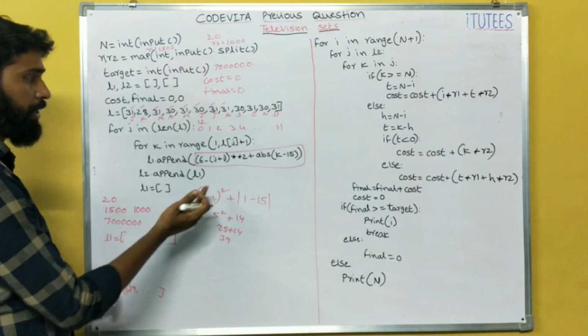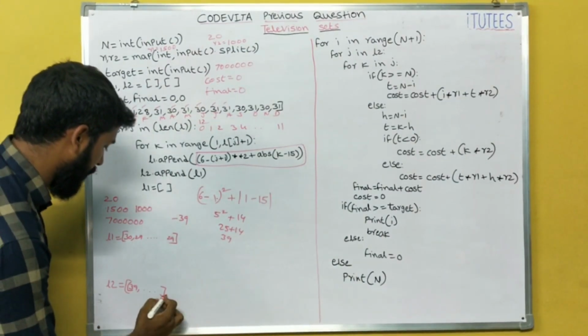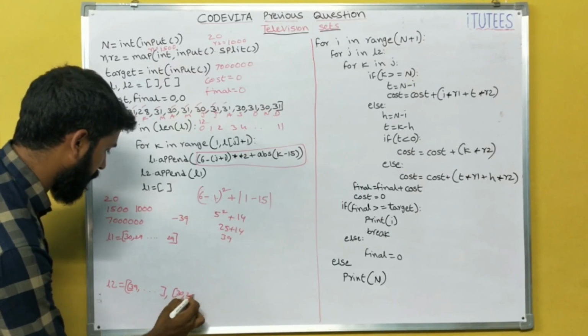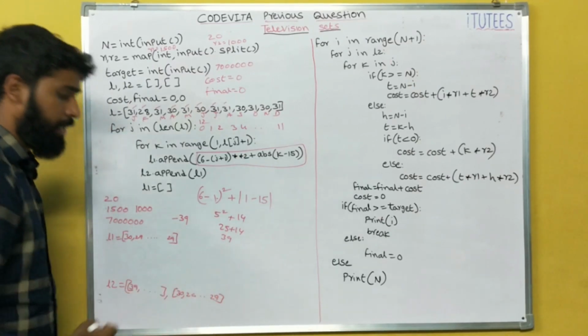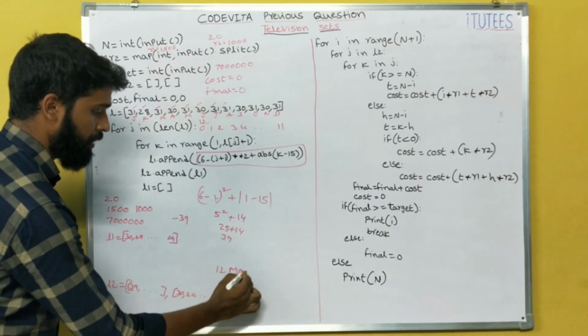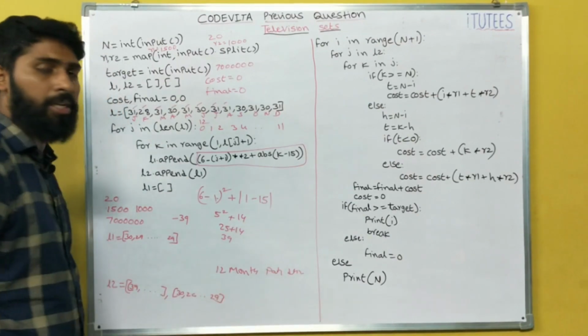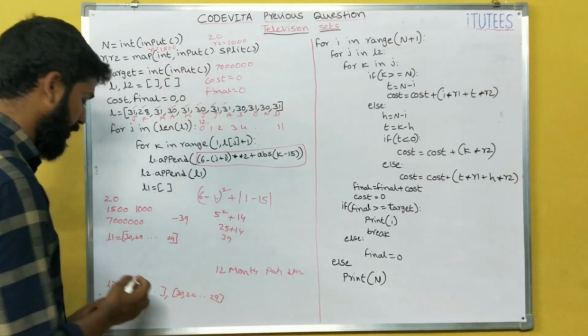So next I am going to find for February. So this is for February. The February data is appended to L2. 30, 29, so on, so 20. In this way, we can store all the 12 months patient details. That means number of patients we can store in the list L2.